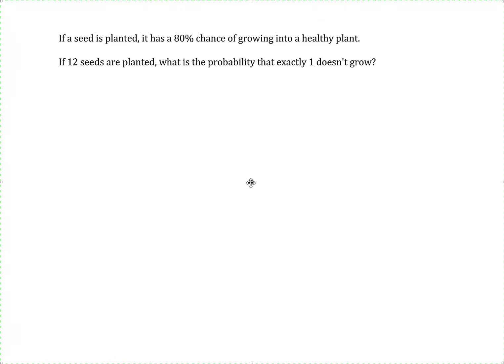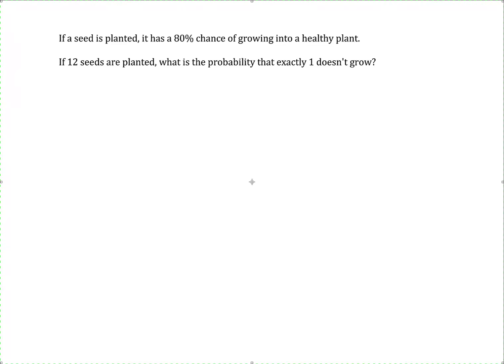And we have to make sure that the trials are independent of one another. So if one of the seeds grows, that doesn't really affect the probability that the next seed grows. So I think we can easily assume independence here. Okay, so